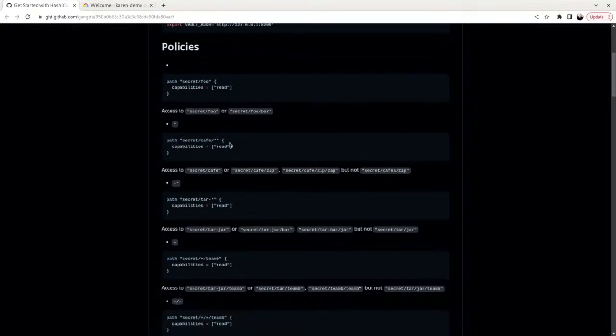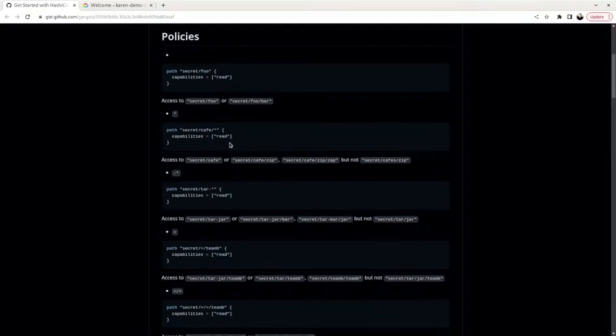Then you can specify operators like asterisk, for example starting from cafe. If I just give an asterisk, everything under the path is free to have access. You can also specify dash asterisk, if you want to specify something at the dash. That will help you also to solve some things. And then, of course, there is this plus operator, which I find really nice.